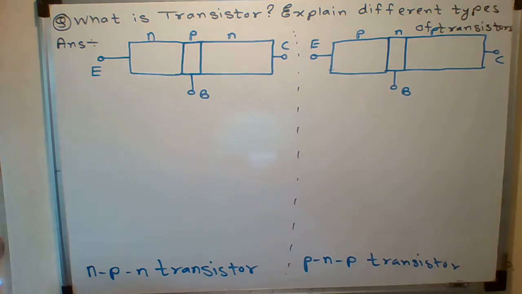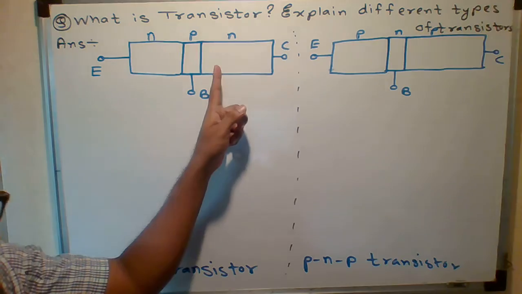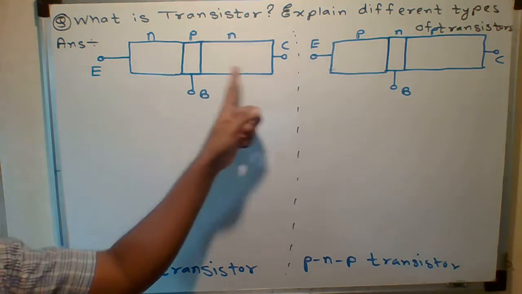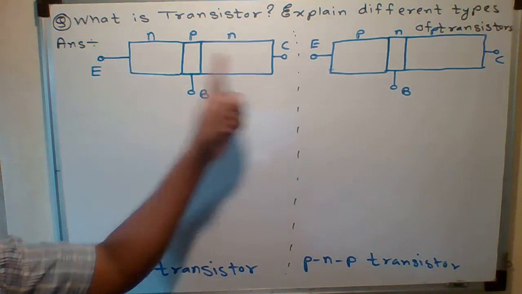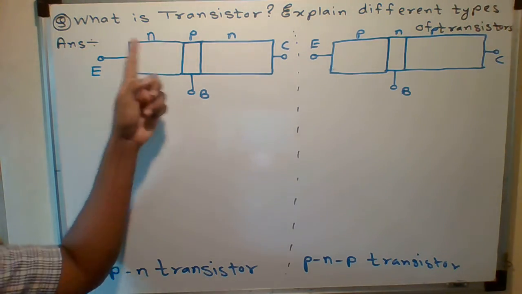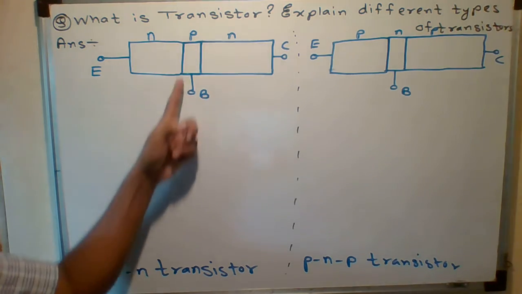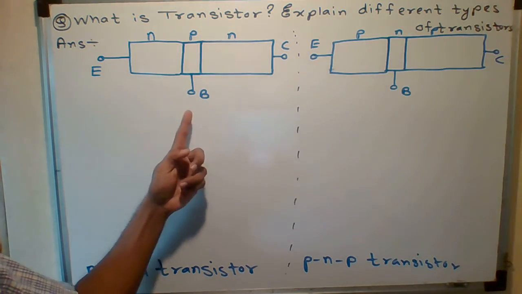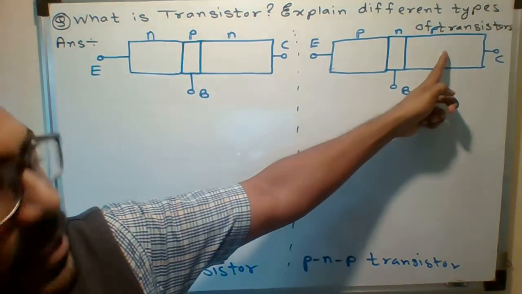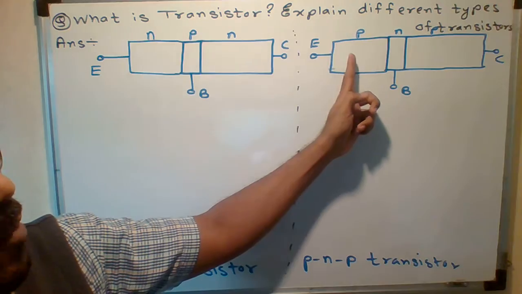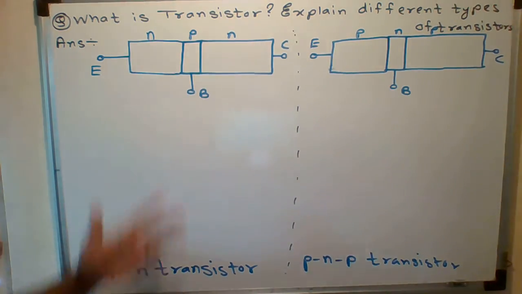Okay. Listen students, the larger area of this transistor is called the collector region. The moderate one, area wise, is called the emitter. And the smallest region is called the base. Emitter, base, collector. Here also the same. Collector, larger area. Moderate is the emitter, and smallest is the base. But students are asking, are they empty?